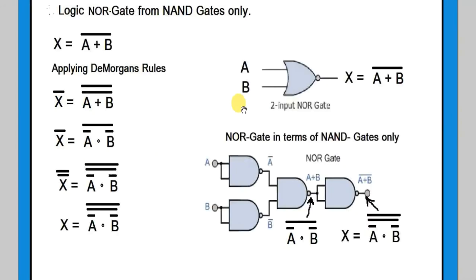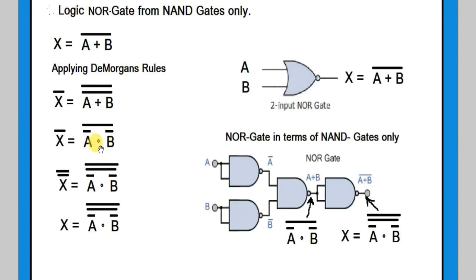Now in this case we have the NOR gate from the NAND gates. This is the logical expression for the NOR gate, which is this actual logic diagram. So we take the first complement, applying De Morgan's theorem. First, complement of both sides is taken. Converting this from the sum to the product with the complemented variables, we get A complement dot B complement whole complement.